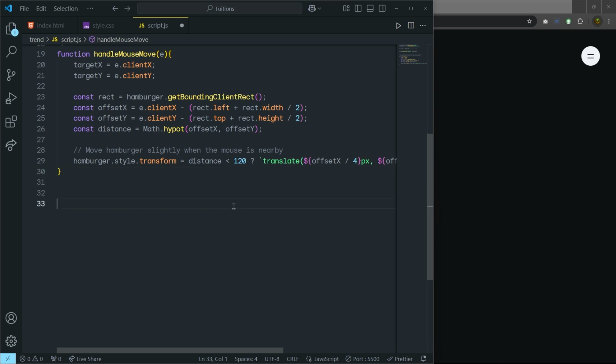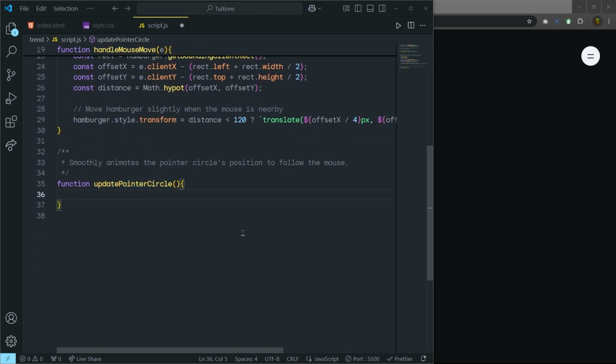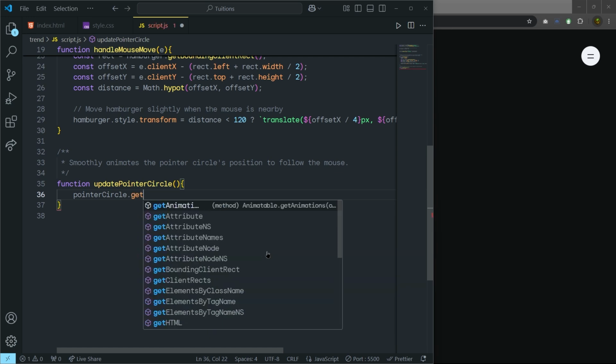So right down here, I'm going to create a multi-line comment, and then specify here, smoothly animates the pointer circle's position to follow the mouse. And right down here, we create a function. The function name is update pointer circle. And then here, we get all the positions of the pointer circle. So if you scroll up, you can notice we have this pointer circle. We're going to call that pointer circle here, dot get